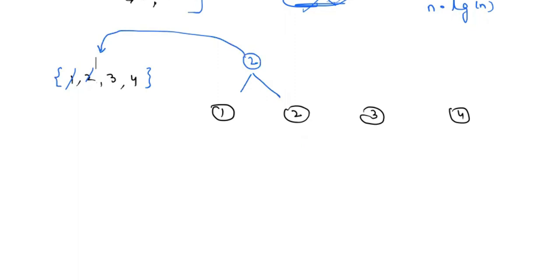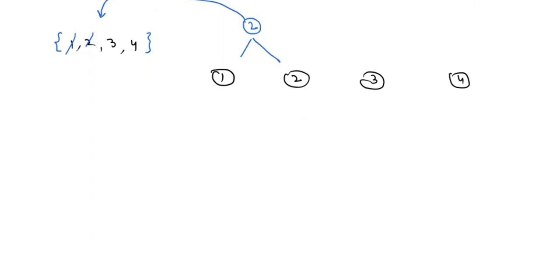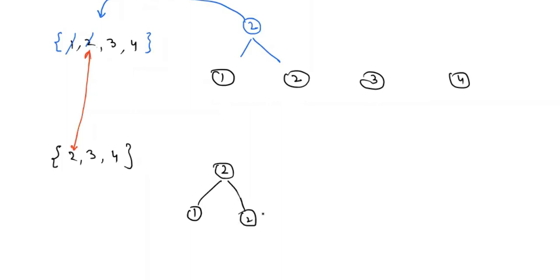So when we insert this parent node in the priority queue, now my priority queue has 2, 3, and 4. You understand that this 2 and this 2 are different. Now the node structure is something like this. We have 2, then 2 has 2 children, 1 and 2, and these 1 and 2 are not present in the queue. In the queue, we have 2, 3, and 4. Then we pick the minimum 2 values out of these 3 values, which are 2 and 3.